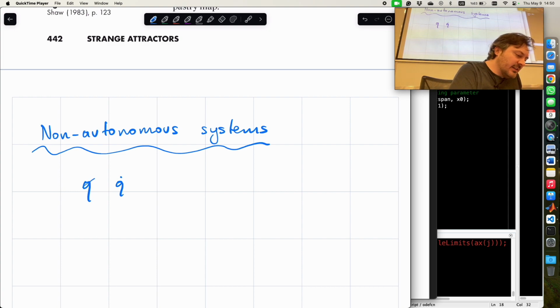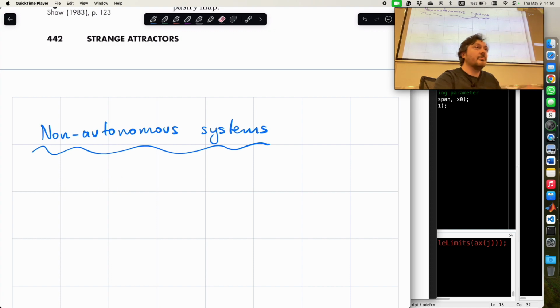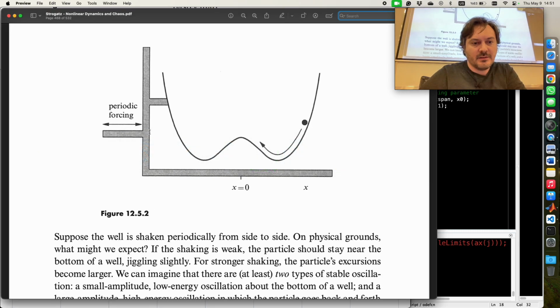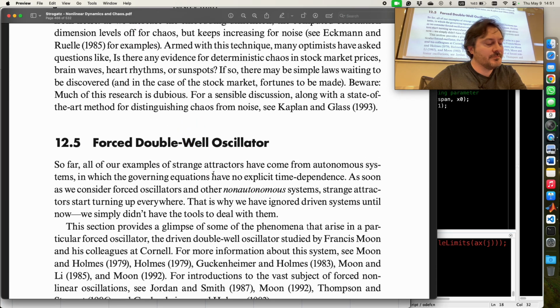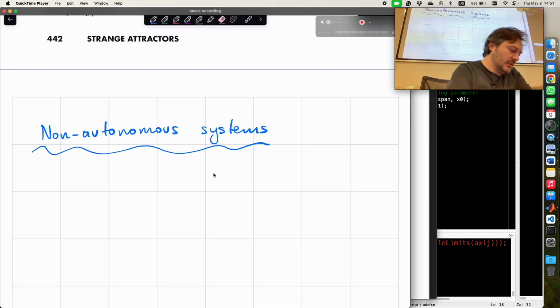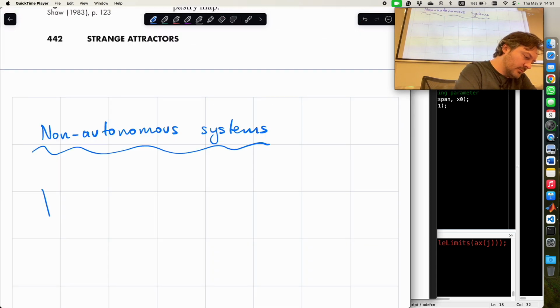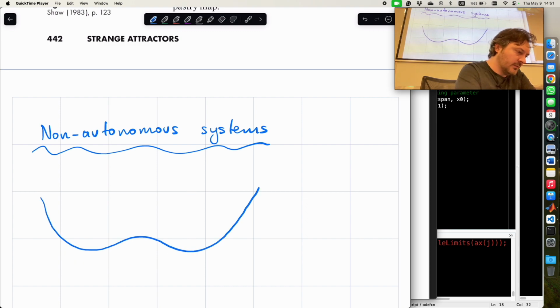Well, you can take a 2D system like the harmonic oscillator, let's say, and force it, right? Let me give you a very nice example. Forced double well oscillator. Imagine you have a system that looks like this. Let me just draw it a bit like this. You have a ball here, and you are basically connecting this